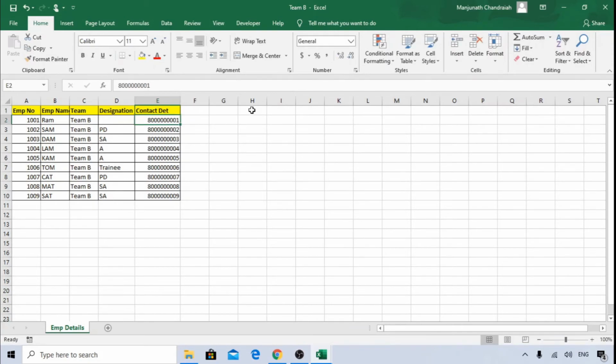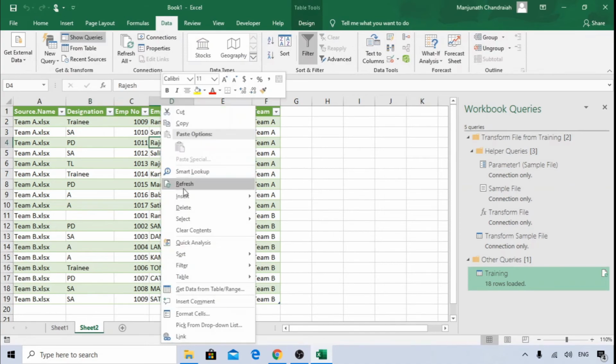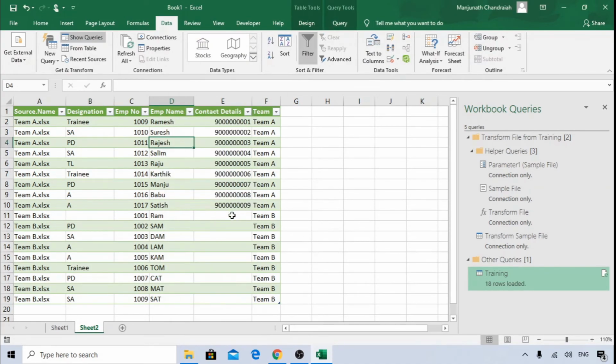I'll put just Contact Date. Let's save. If we go ahead and refresh now, you see it is not taking, because it is based on the headers, and team A is the default, and based on the headers it has Contact Details, whereas in team B it says Detail, so it is not picking. That's the reason it's very important